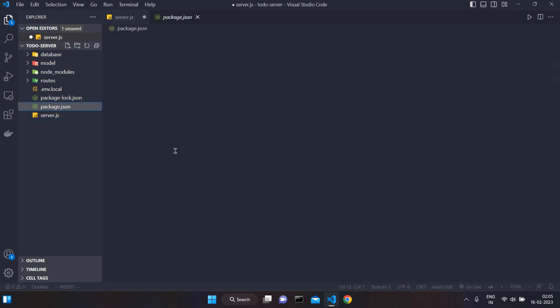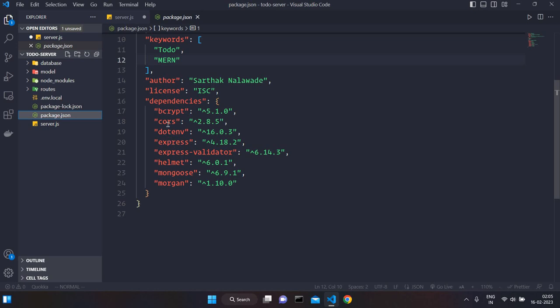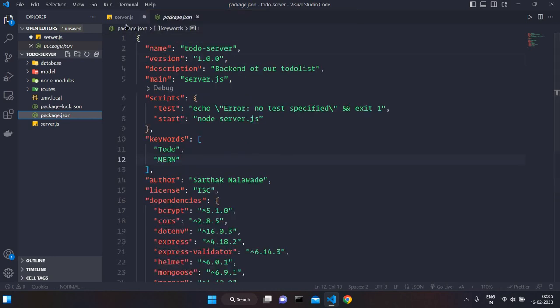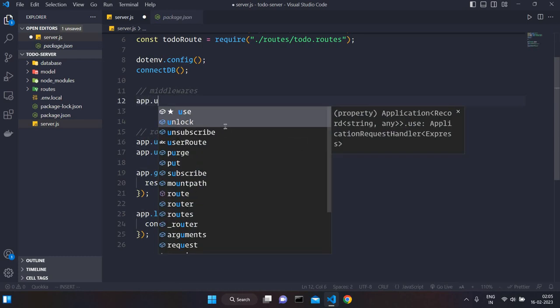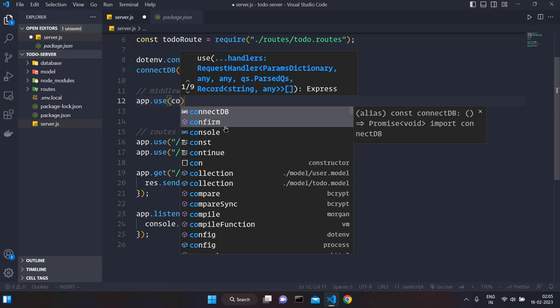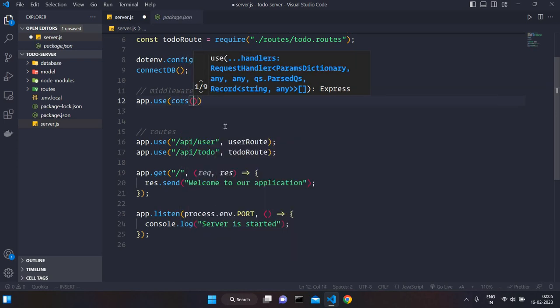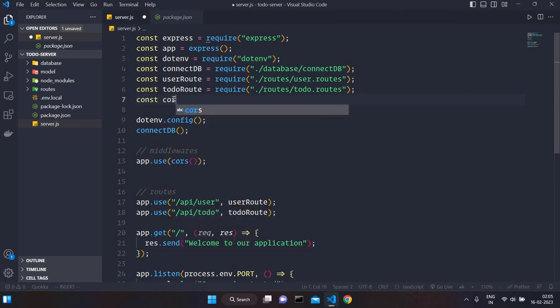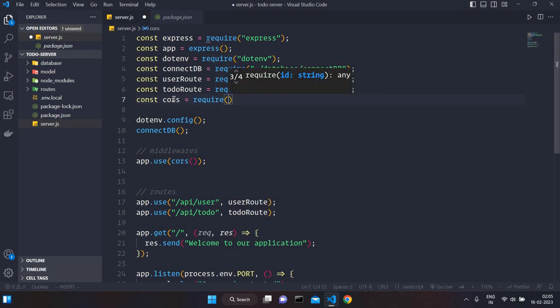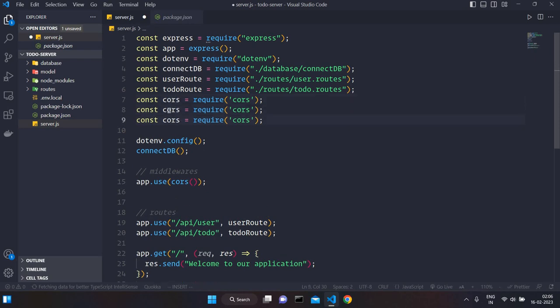I told you to import some middlewares, which are cors, helmet, Morgan, right? We'll just import them, and I will explain the uses of those middlewares. So first, let's say app.use cors. So we have to import them, right? Okay, I haven't imported them. Require cors. Same for helmet